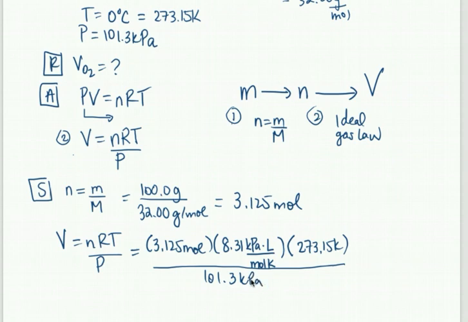All right, so when we do that, I'm going to multiply all those top values together, and I'm going to divide by the pressure. Okay, so then when we do that, we will end up with 70.02, etc. liters here, when everything cancels out. So again, if you wanted to be the unit analysis person and cancel out the units, you can. So see how moles, moles, kelvins, kelvins cancels out, and then kilopascals underneath cancels out, so that we have liters